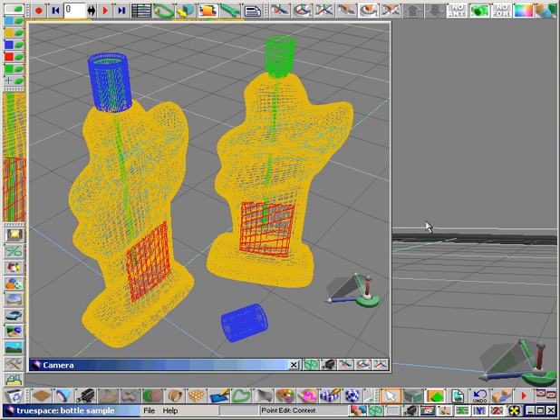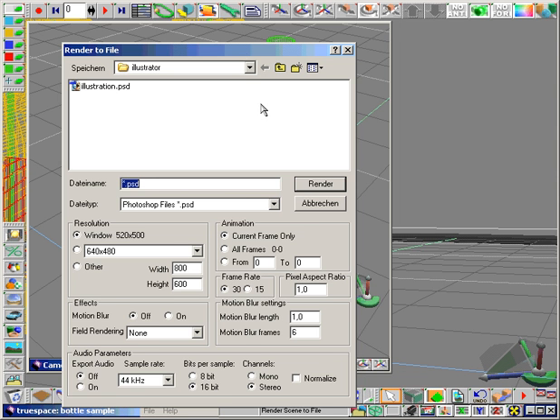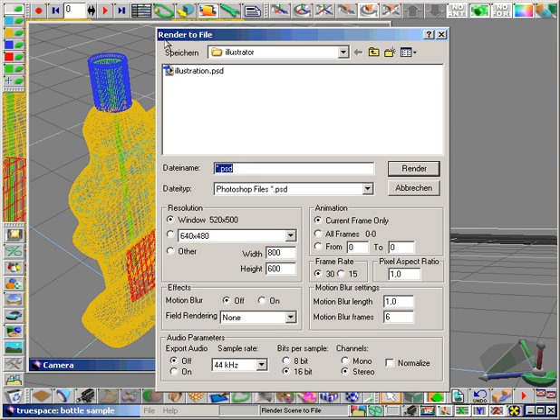Welcome to part 6 in our tutorial series Introduction to 3D, trueSpace for Illustrators. Here we're using the same scene that we've been using all along. We've modeled the scene, we've textured the scene, we've added the lighting to the scene, and now we're going to render the scene. So selecting Render Scene to File,